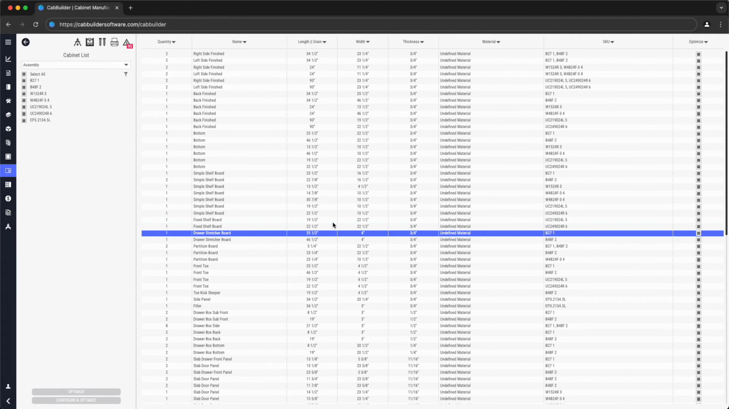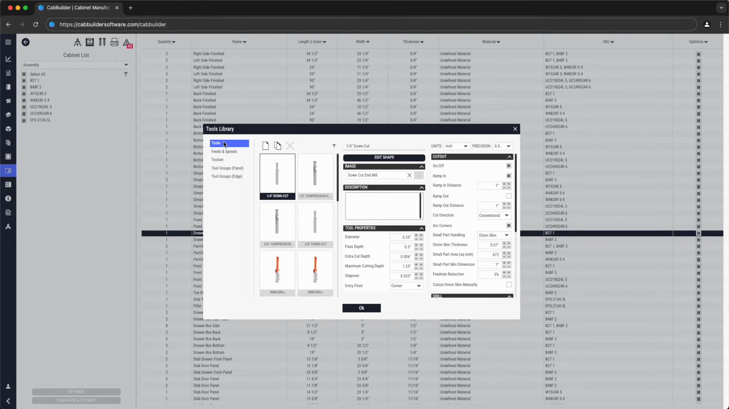Begin defining your tools by accessing the tool library at the top left of your screen. The Tools submenu is where you define your tool bits and their properties. Tools are listed in the left-hand column. Clicking on one will show its properties on the right. CAD Builder provides you a set of default bits to start with, but you must make sure that this information